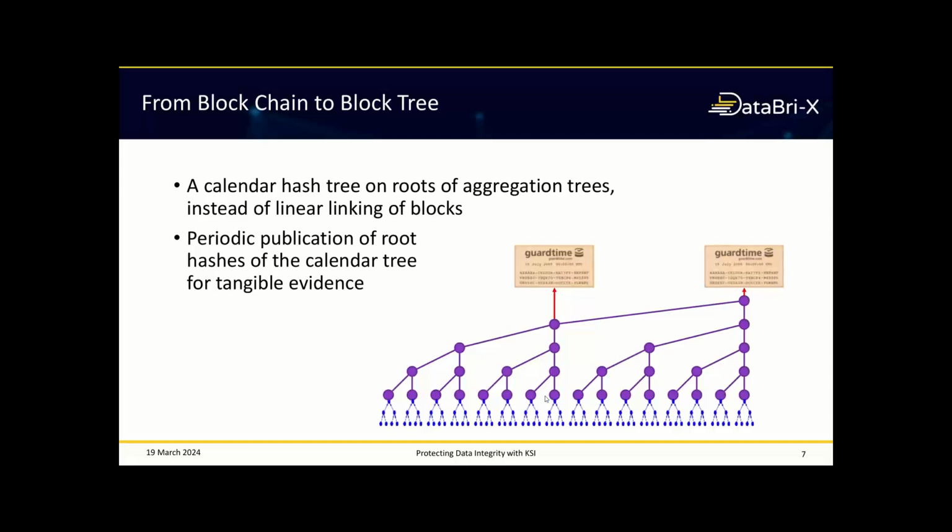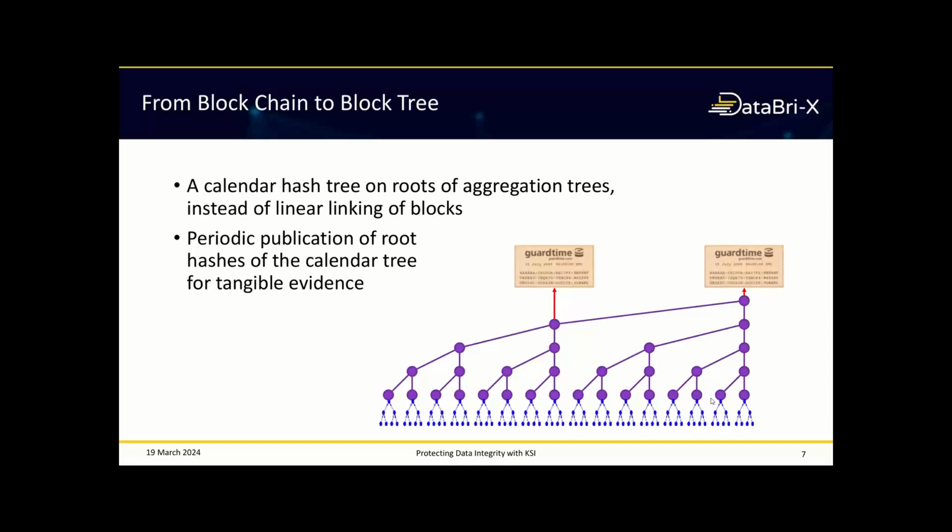And this second hash tree, which replaces the linear linking, we call a calendar hash tree. You can think of it roughly like this: if you have a database table, then to find or verify the existence of some data in it, you would have to scan the whole table. To make this process more efficient, database systems build indices on the tables. An index is supplementary information next to the data table itself, which helps with quickly locating the data, or quickly verifying that some data item is not present in the database. So the binary tree, the hash tree built on top of this linear list of inputs, serves roughly